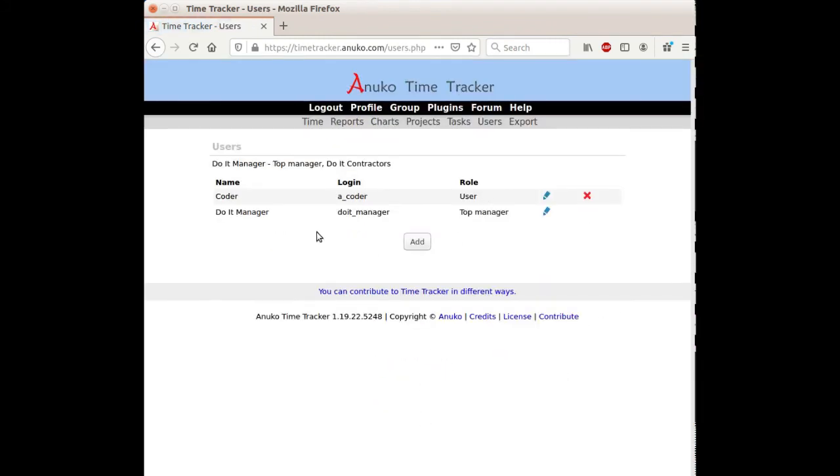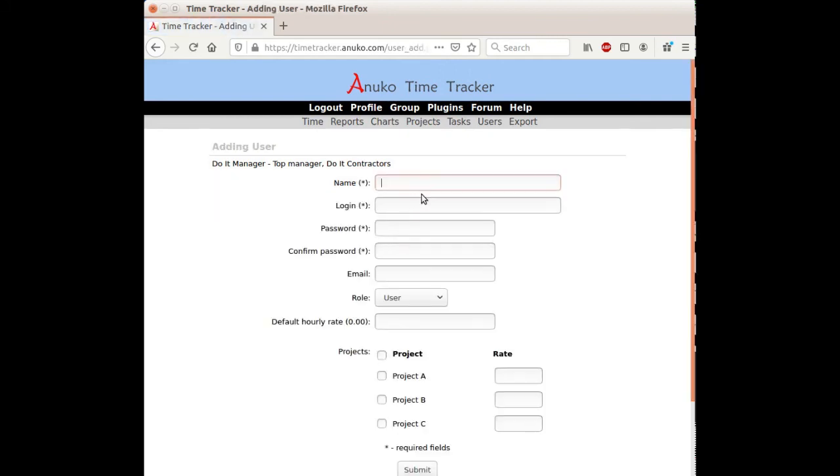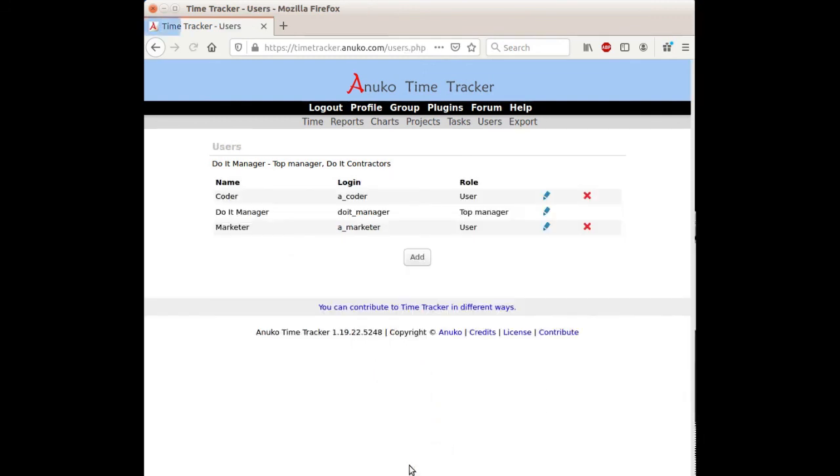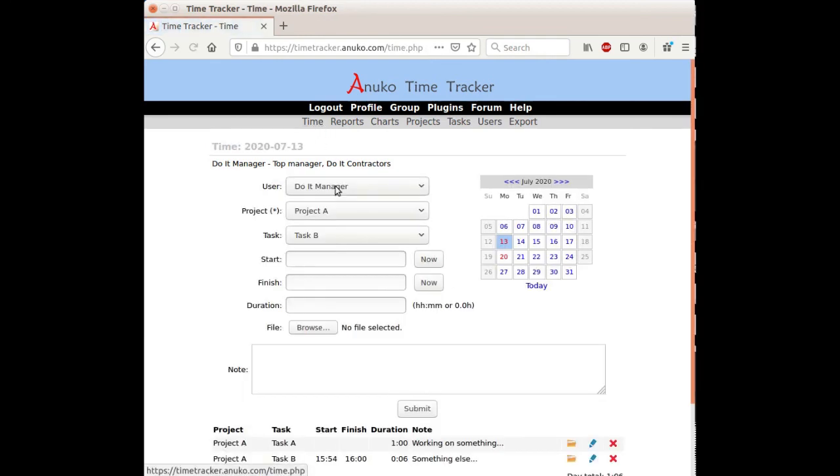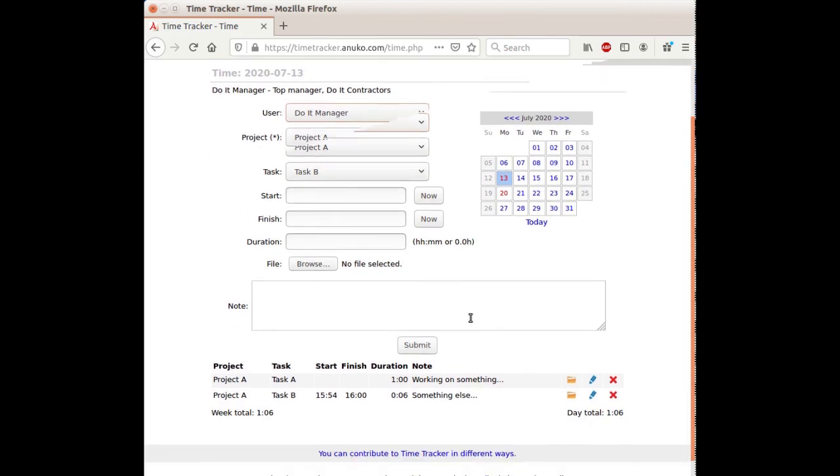And you can add additional users, so if you work in a team, you can all use the same system to track your work time, and then bill somebody for the work you do. There are different roles, and you can assign different rights to each role if you want to. But for now, the default installation works very well. Basically, a simple web-based system to track your work time.